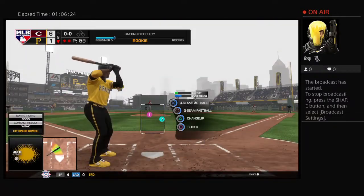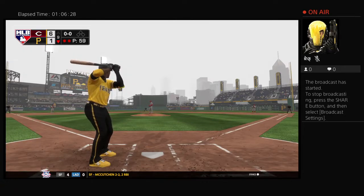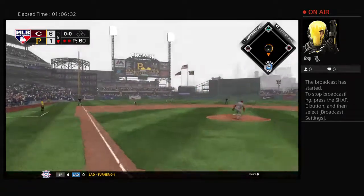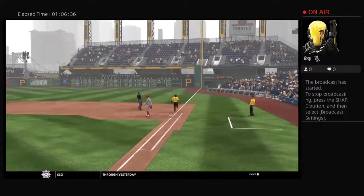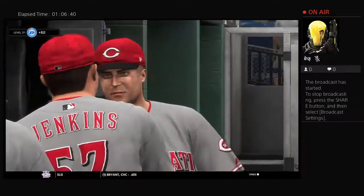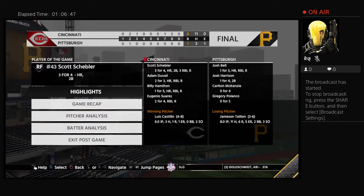2 out here in the ninth. Here's the first pitch to him. Ground ball left side. Throw on to first is going to be in time to take care of him, and the Reds have taken the rubber match of this 3-game set as this ball game is over. 6-1 the final tally today. The Reds